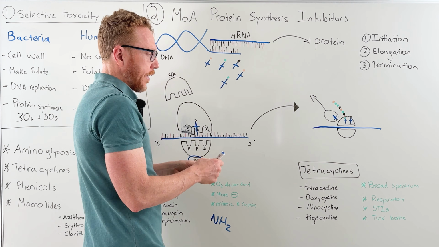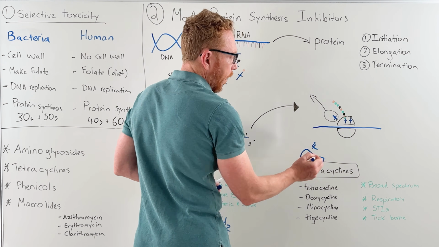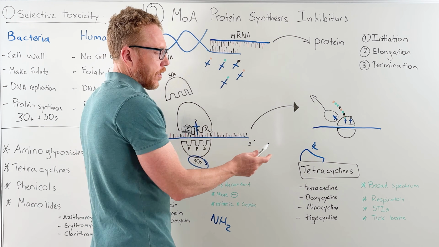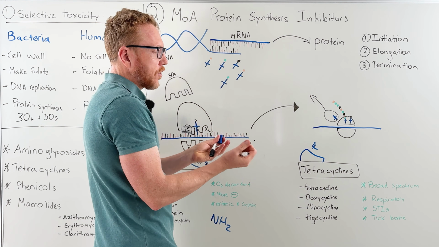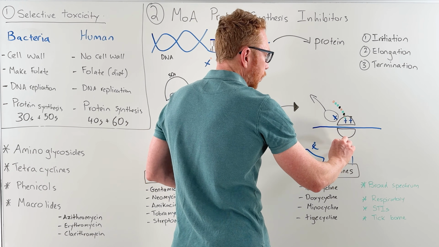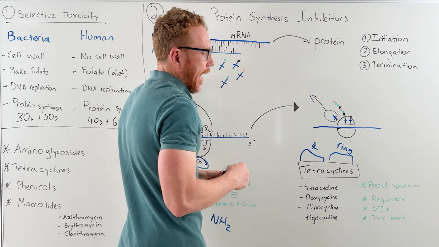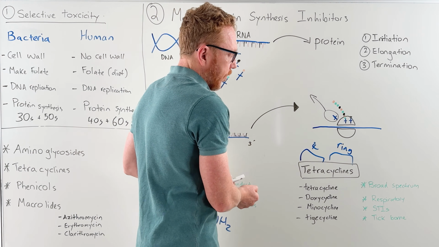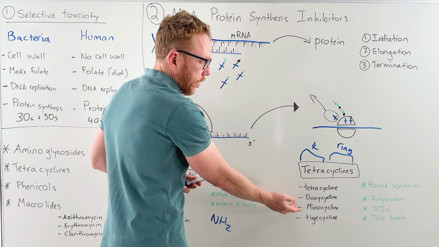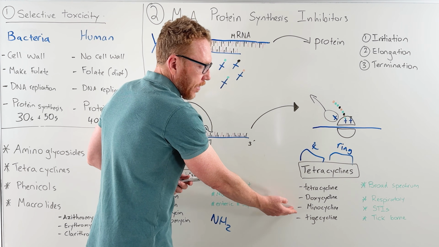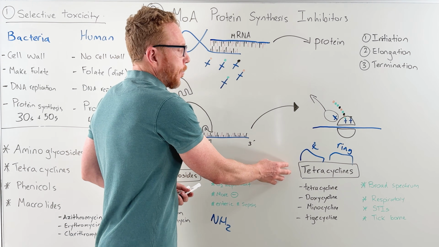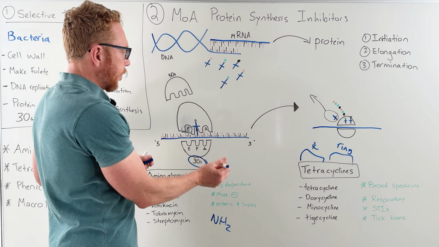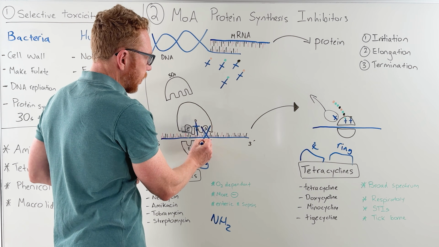This as a group, tetra means 4. So again, as the chemical structure, it's a 4-cycline. That means it's a ring structure. So it's a 4-ring structure. And under this group, the tetracyclines, we do have tetracycline, doxycycline, minocycline, and tigecycline. So this group of antibiotics, where that works is it comes in and sits on the A